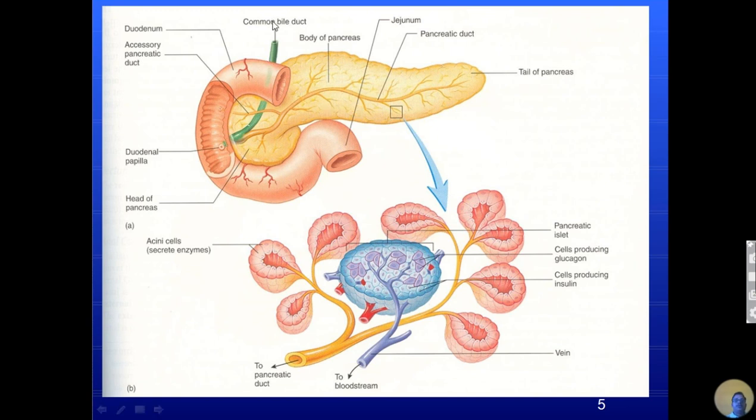In the morning we learned about this common bile duct. This is coming from the hepatic